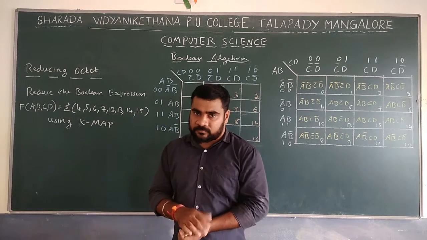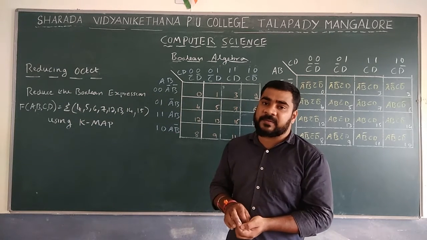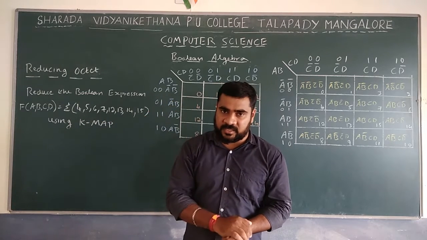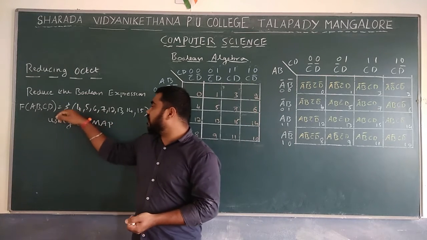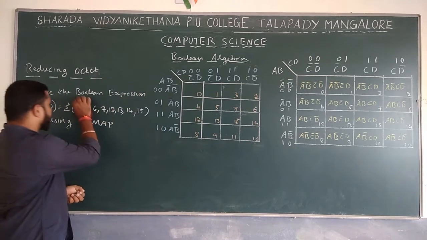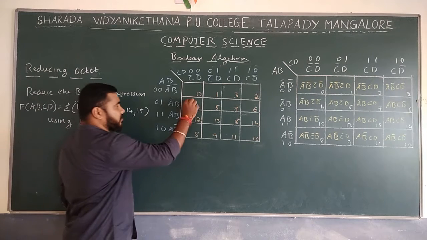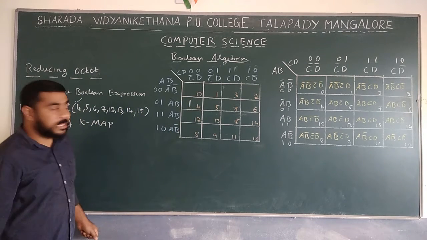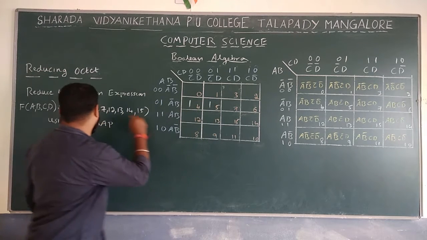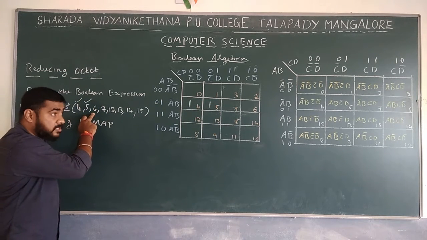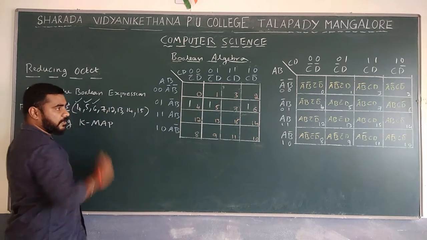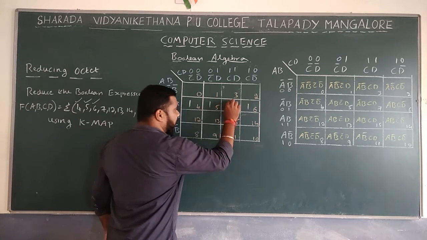After writing that one, what is the next step? Next step is marking. So first question is given f of a, b, c, d. So 4 variable K-map is constructed. Skeleton is over. After that, sum of 4, 5, 6, 7. The first number is 4 here. In the place of 4 we have to mark 1. The next is 5. Go for 5 position, mark that one as 1. It's also over. What is the next one? Next one is 6. Go for 6th cell, mark that one as 1. The next one is 7. 7 also should be marked as 1.